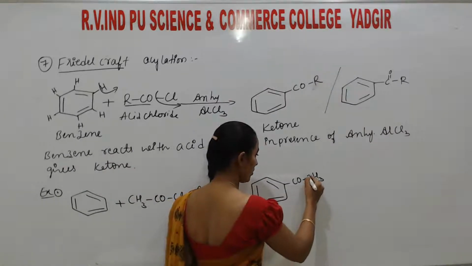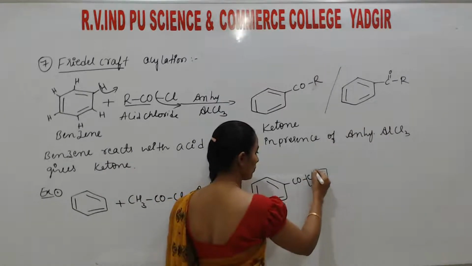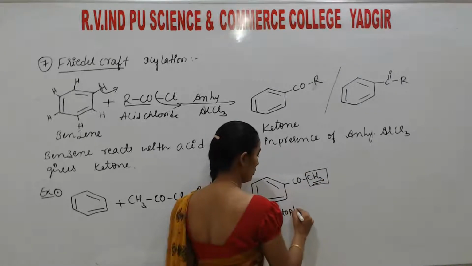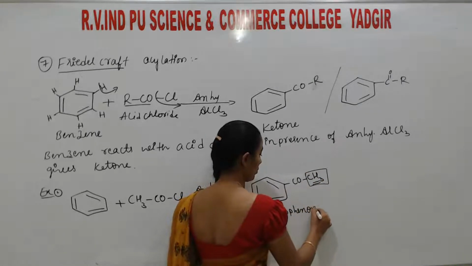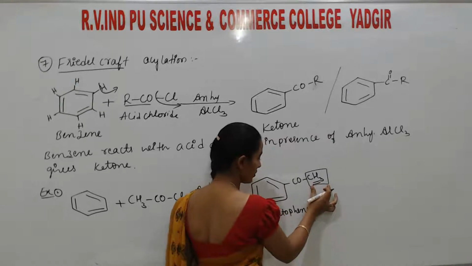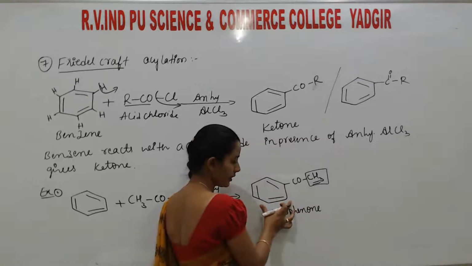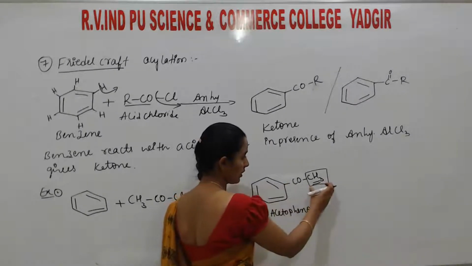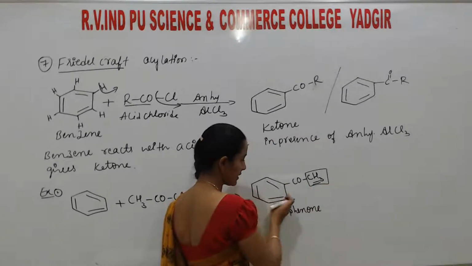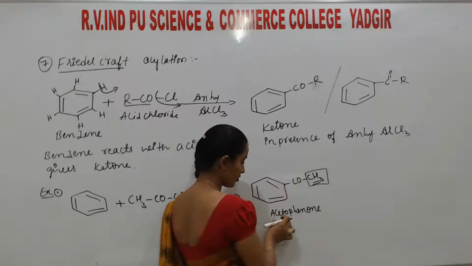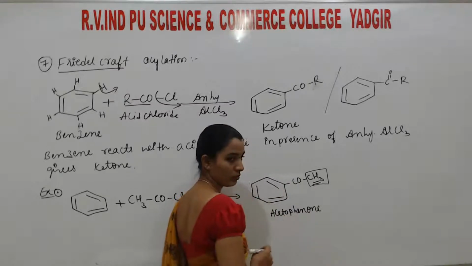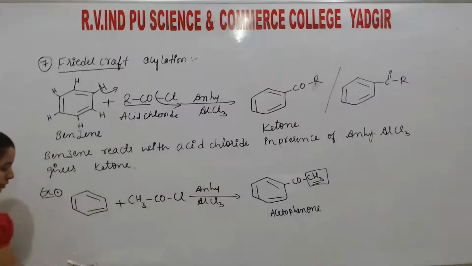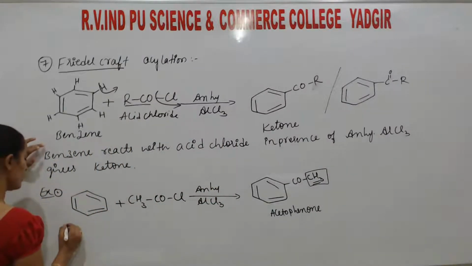This one is called the aceto group. Acetophenone, because this is a substituent and this is the parent chain. Here 6 carbon atoms are there, here only 1 carbon atom. This is considered as the parent chain. Acetophenone. Okay, next. So can you write here? Benzene